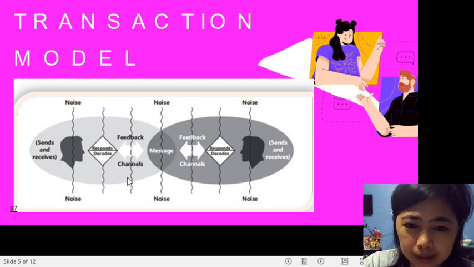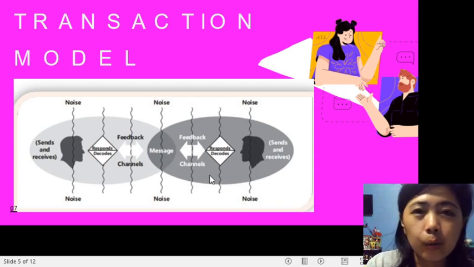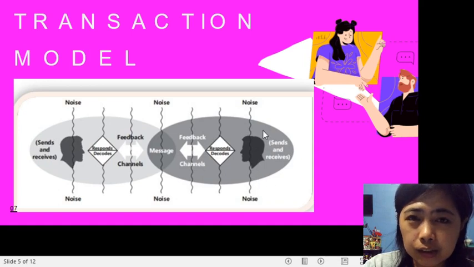There is the channel, the message itself, feedback again, decoding and encoding, and then the receiver of the message. So as you noticed, the sender is one person, and the receiver of the message is on the other side